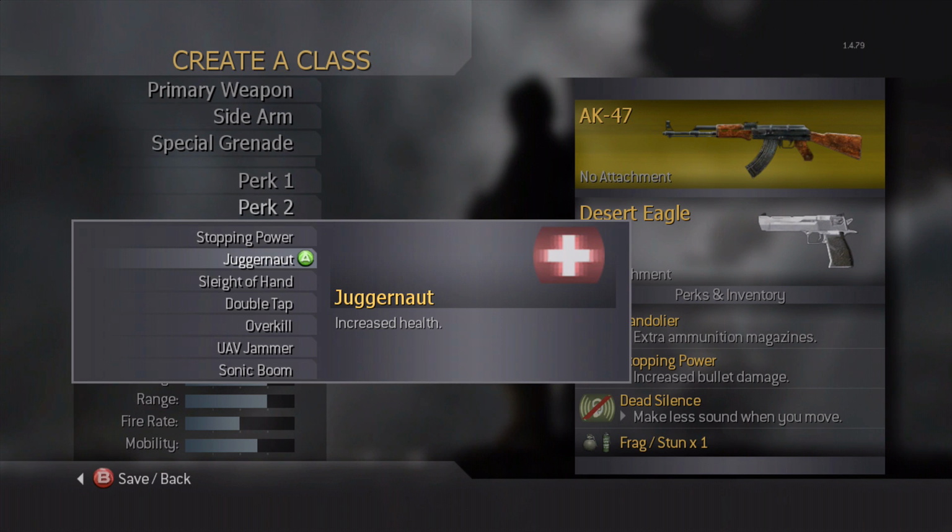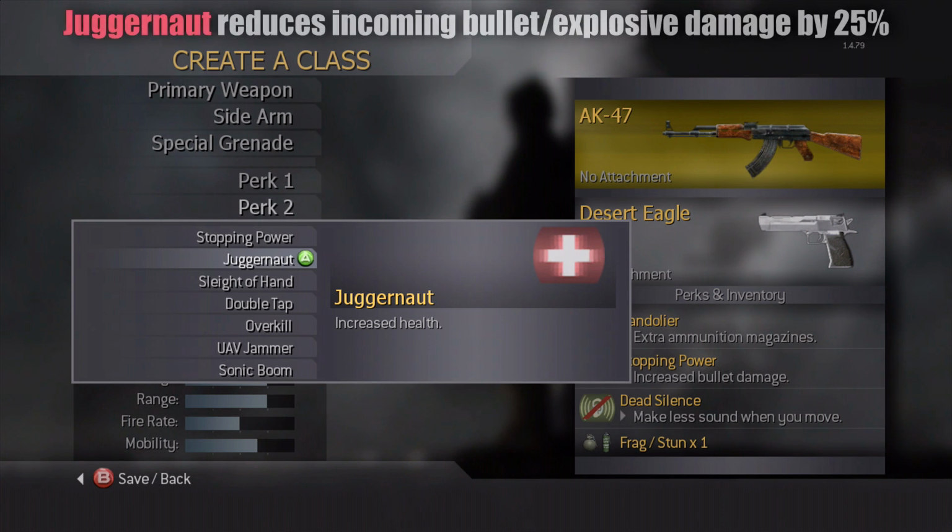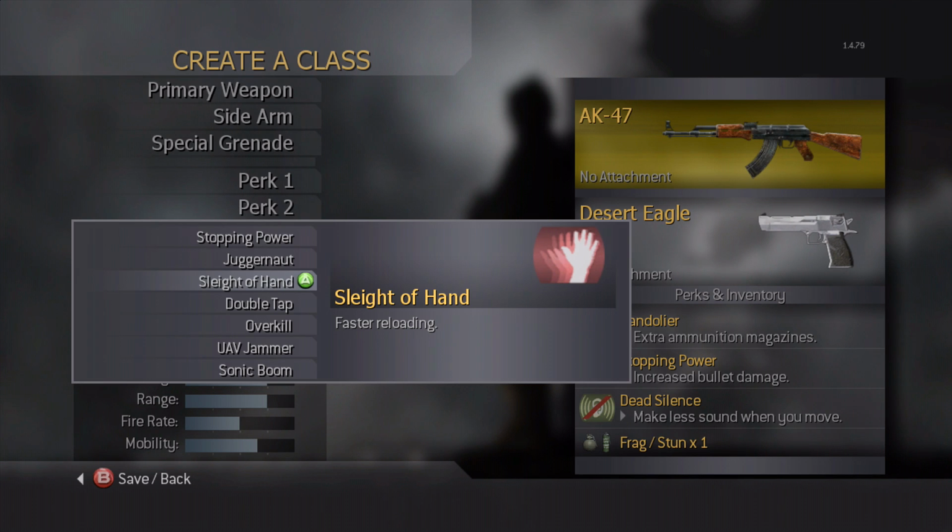complete lie. It says it increases your health, but that's not what this does whatsoever. You don't go out there with more than 100 hit points or anything like that. What Juggernaut actually does is it makes it so you take 25% less damage from explosives as well as bullets. So essentially what this is, it's kind of like Flak Jacket, as well as you take less damage from people's bullets, which is fantastic. The next perk is going to be Sleight of Hand, which says it's going to give